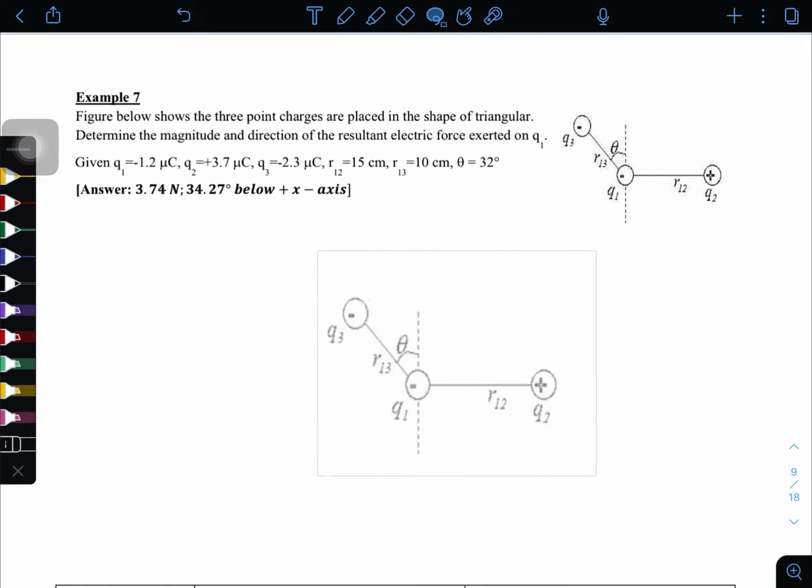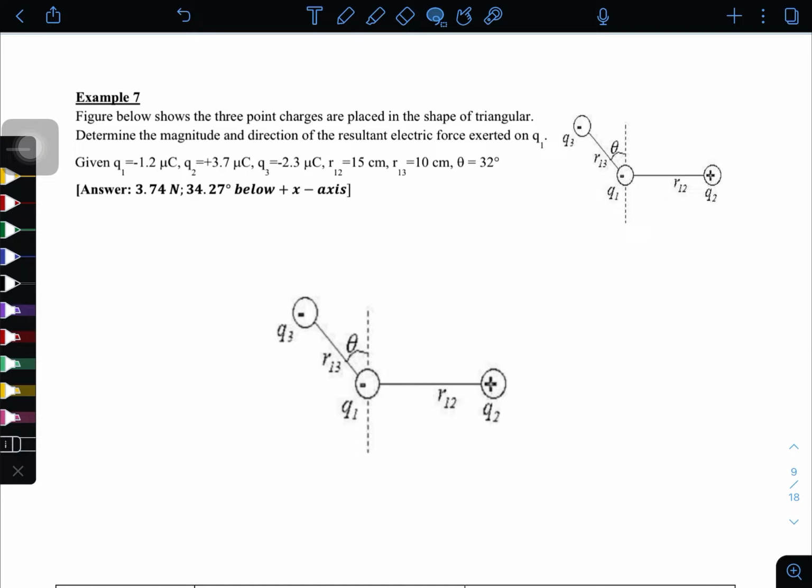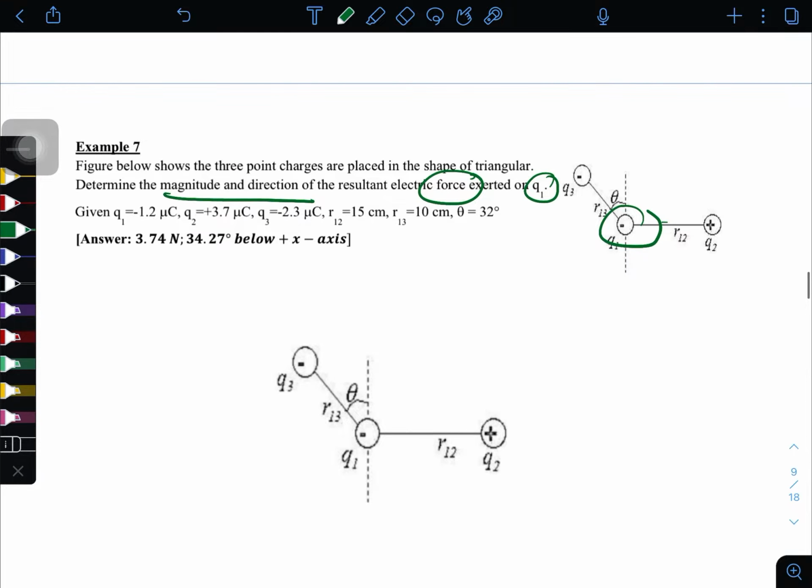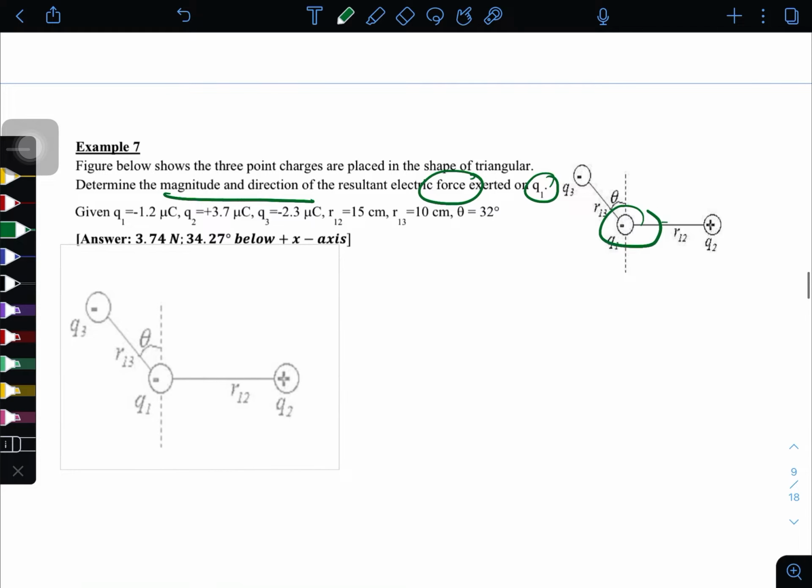Okay, so it asks you to find the charge. No, it asks you to find the forces, the magnitude and the direction, of the resultant forces on Q1. So Q1 is here. What we should do first is find the resultant force on Q1. So Q1 berada di sini. Okay, so we draw first the forces that Q1 experiences, which is